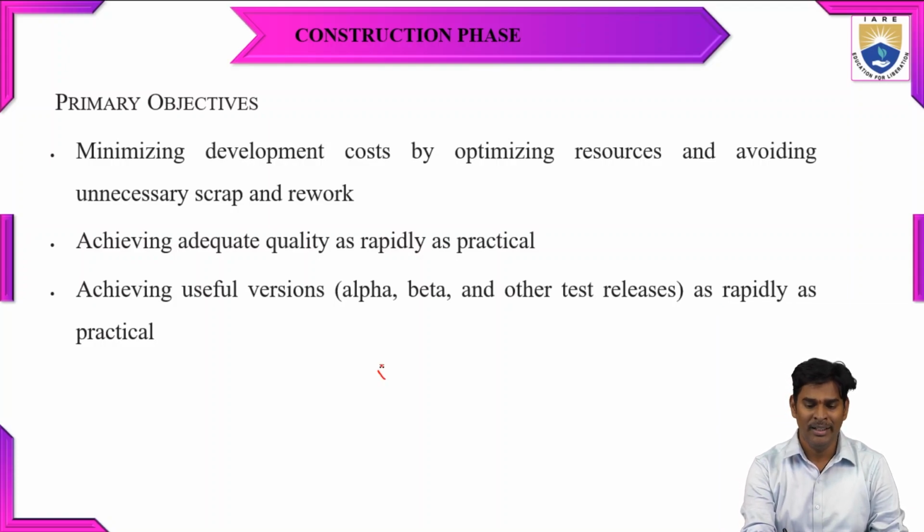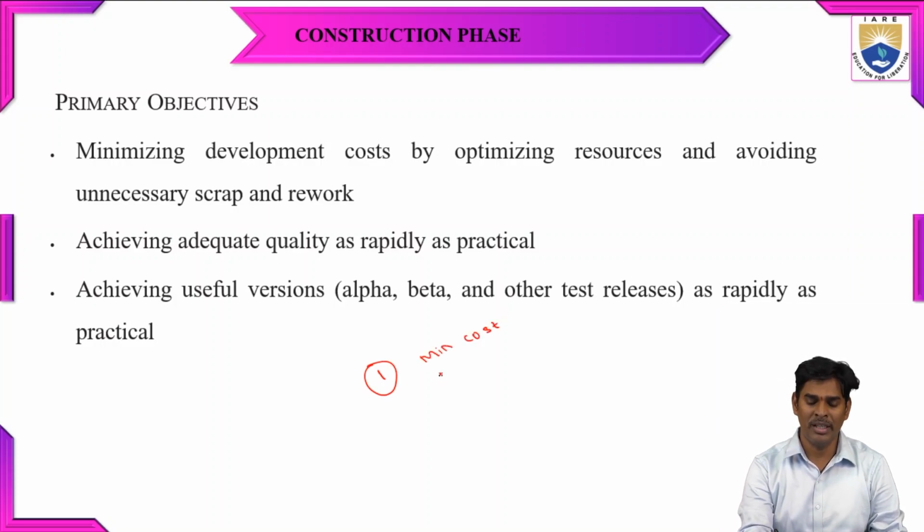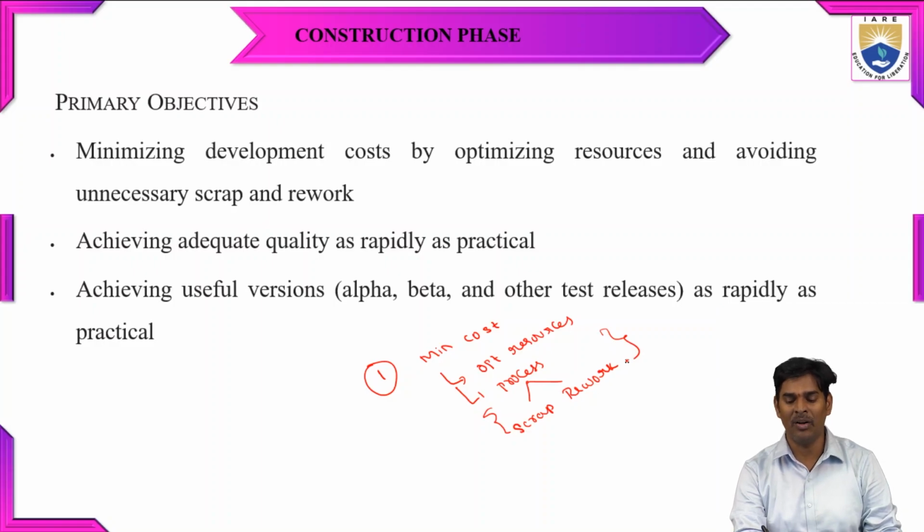When they want to minimize the cost, first they are going to check what optimized resources will be there, and the process will also be minimized here. The process, in the sense here, means the scrap work and rework will be avoided. Whenever this process is minimized or avoided,